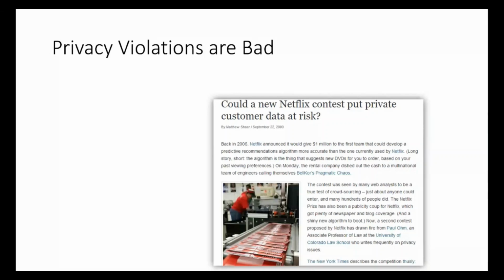Okay, it turned out that by cross-referencing these two sets of records, you could get partial matches and re-identify a large fraction of people in the Netflix dataset. Okay, so you might wonder, by the way, why this should be considered a privacy violation if people were publicly reviewing